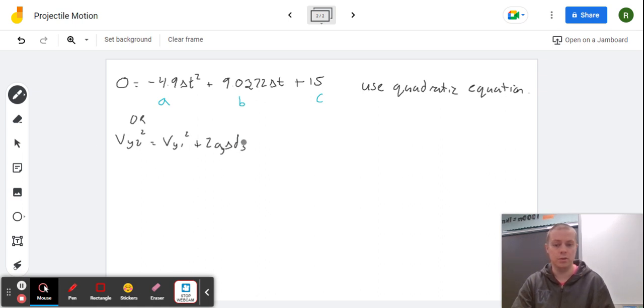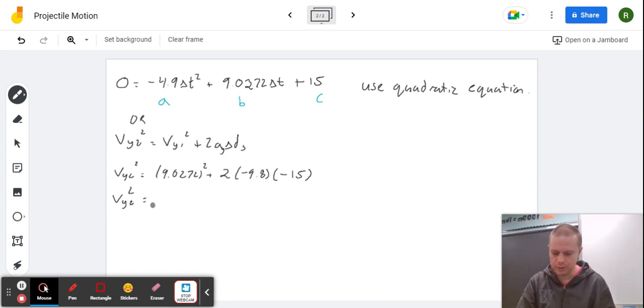Okay. So if I use this here, VY2 squared, so I have 9.0272 squared plus 2 times negative 9.8 times negative 15. So VY2 squared, okay, is going to be 375.4903. Okay, I take the square root of that, and I get